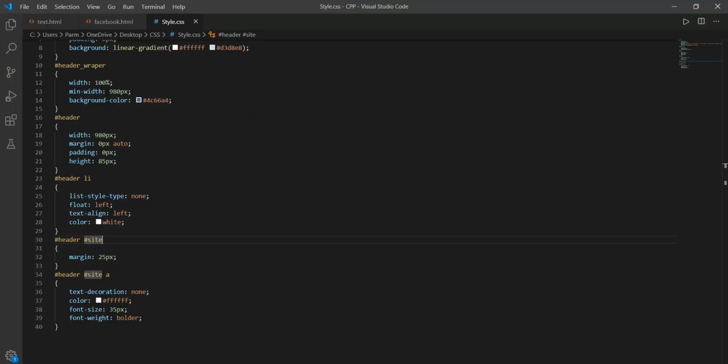So for this we will have to write styling for this. So here we go with the form. Now we have to go with the styling of the form. So for this I will write hash header and styling of the form. Okay, so here we go, styling of the form.